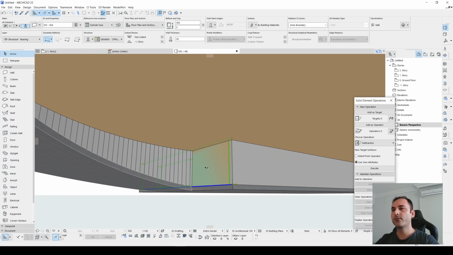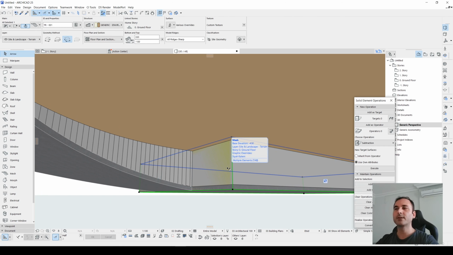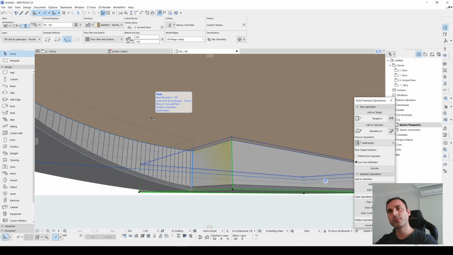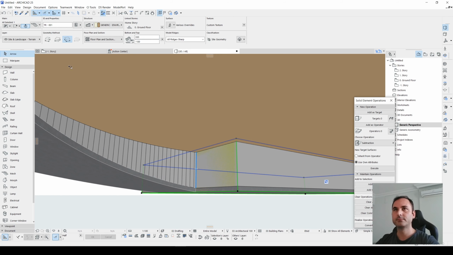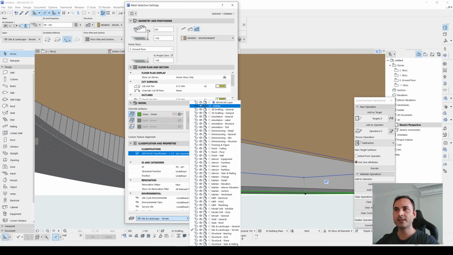And now we are going to hide it from the floor plan and also the 3D window. To achieve it, we will use layers. Let's click our mesh, and from the layer or from the settings of itself, let's hit Ctrl+T. From the bottom of the settings, we will see its layers. We are going to make it hidden.